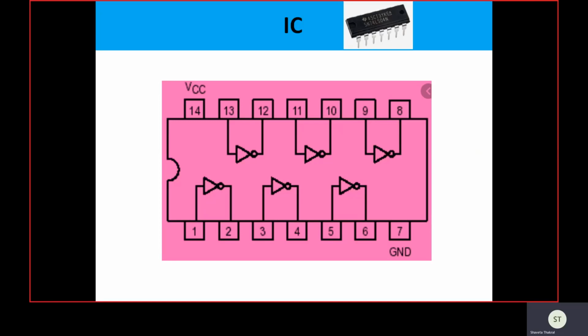And the next device is the IC. IC stands for integrated chip or integrated circuit, where millions or billions of components are fabricated in a single package. Here we have taken one example, the 7404 IC. This particular IC is meant for the NOT gate, and here we can see the pins in the IC. Total 14 pins are there. So how to identify which particular number is assigned to a pin? Because the IC size is very small, pin numbers are not mentioned on the IC.